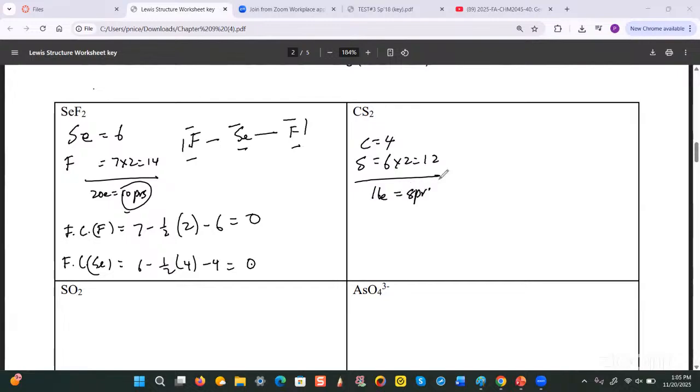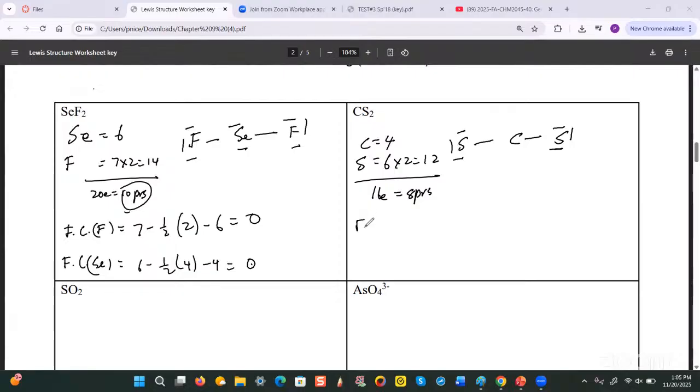What's the next step? Yeah. Okay, so how do we place them? Carbon in the middle? Okay, very good, right. So the next step is to put in the... Yeah, but the bonding pairs first, right? So 1, 2, then 3, 4, 5, 6, 7, 8. Right, so I've used up all of the pairs. So the next step is